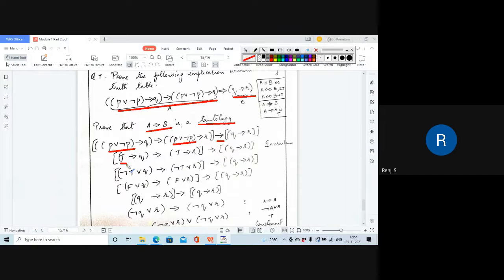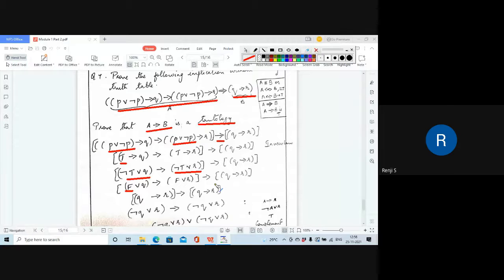Again, T implies Q, removing the implication, we get not T or Q. Isn't it? T implies Q can be written as not T or Q. Again, T implies R can be written as not T or R, and then there's no change in the next part. Okay. Then, not T means not true means false. So, not T can be written as F. So this becomes F or Q implies, and again here also there is not T, so it can be written as F or R. Implies this section is again written the same way.